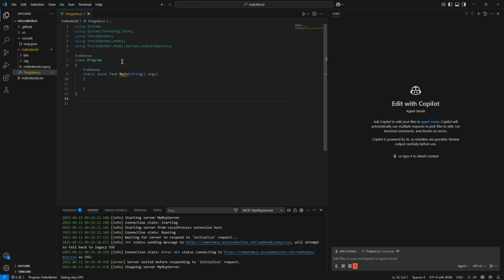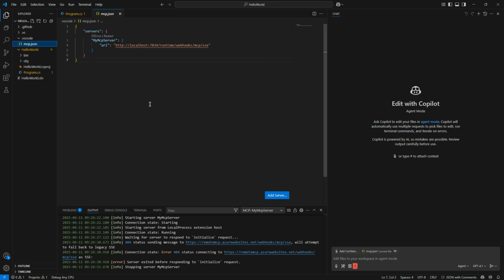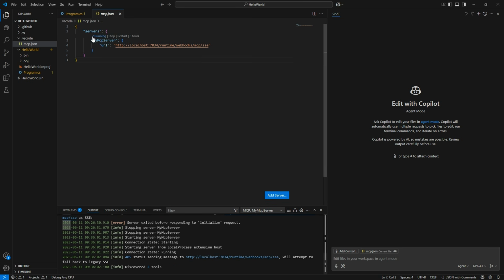I've already done that, and once you do that, you just end up with this. Because we just started the code and it was closed before, you can see it's errored out because it couldn't connect. It's a persistent connection. So when you sit and test like this in a tool, you often need to take this and restart. So now you can see it has 2 tools, and we can go in and call it.